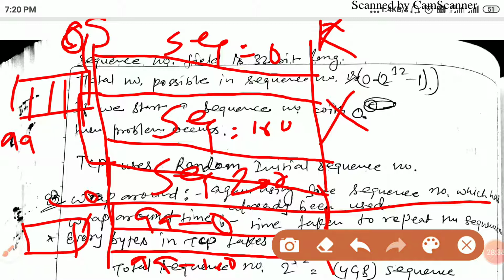Now suppose that in the previous connection, the packet with sequence number 100 was not lost but delayed, and this packet suddenly appears here.